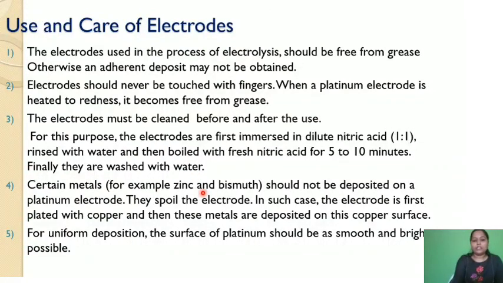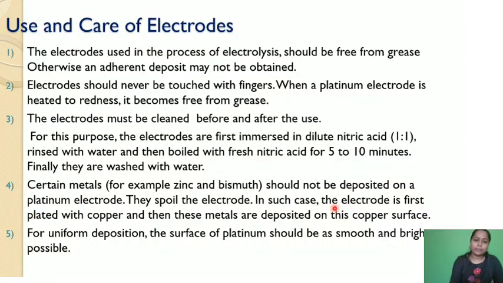Certain metals, for example zinc and bismuth, should not be deposited directly on the platinum electrode because they spoil the electrode.